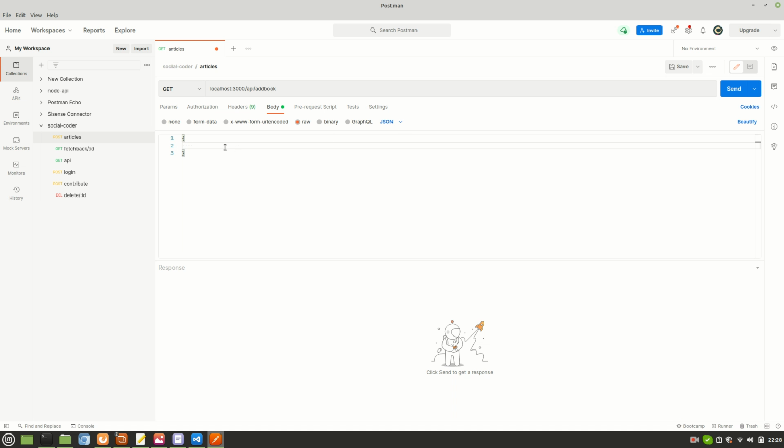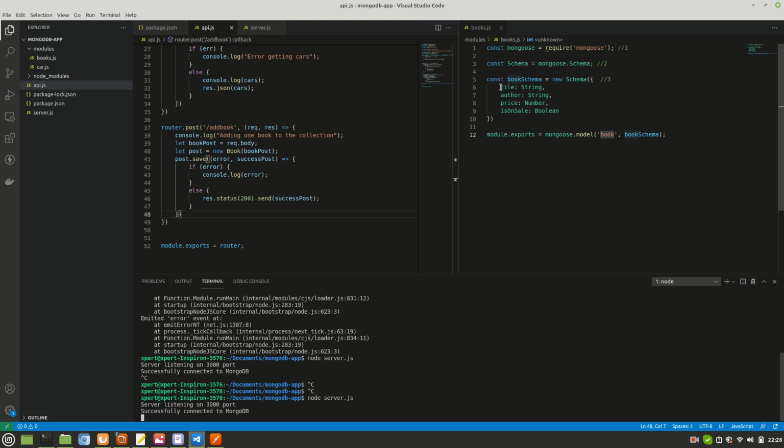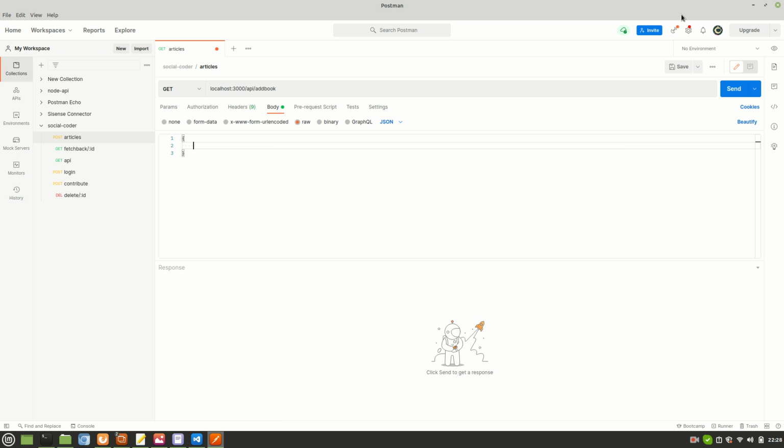Here I've selected JSON. Now let's look at the schema we have decided. I'll just copy paste it like this, and I'll apply the same values there also. Title, let's say the book name is Let Us See. Author is Yashwant Kanetkar.